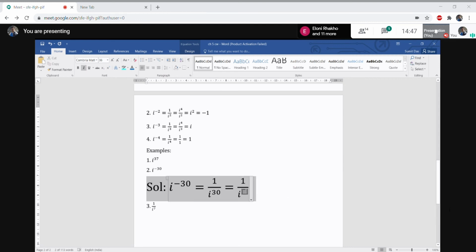This 30 can be written as 28 plus 2. Yes or no? Obviously, because 28 plus 2 is 30. Then 1 divided by i to the power